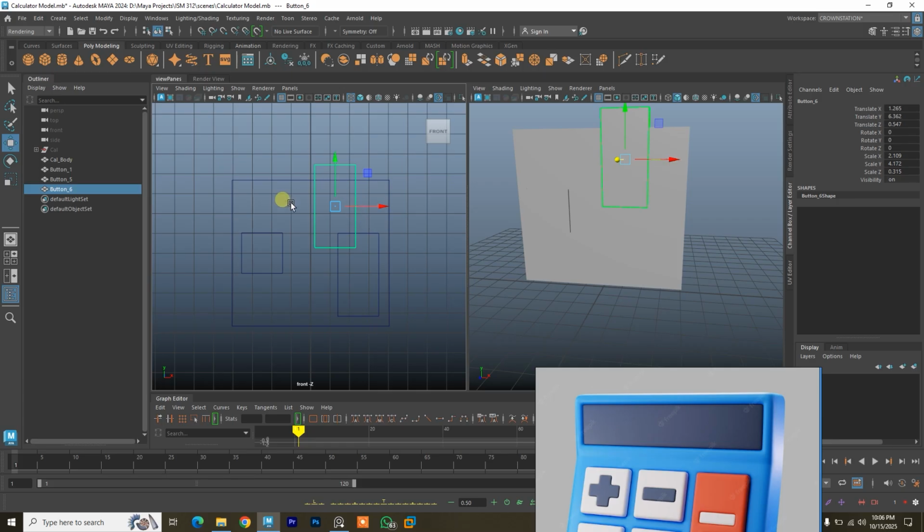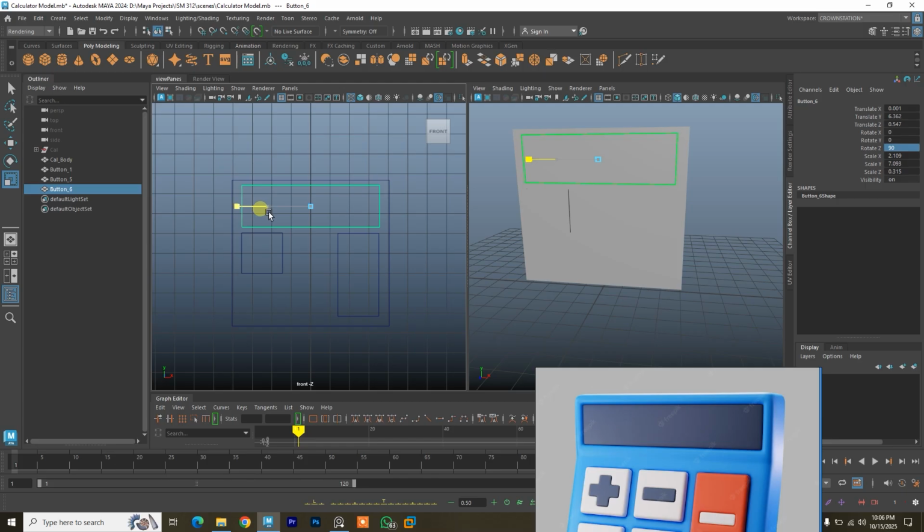So first thing I want to do is rotate this object to 90 degrees. So I'll go to rotate on the z-axis. I can do this and try to match it up, but trust me, it's not going to be perfect. So instead of doing this, I can just come to the channel box and type 90 degrees, and I have 90 degrees there, and bring it to where I want it to be